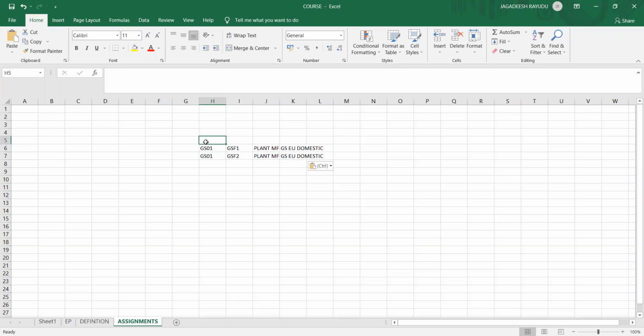That means one to many, the relationship. Okay. We have created one more company code GS02. For that, we haven't defined any plants. Let's see whenever the export scenario comes into picture. Okay. Let's go back to the configuration again.